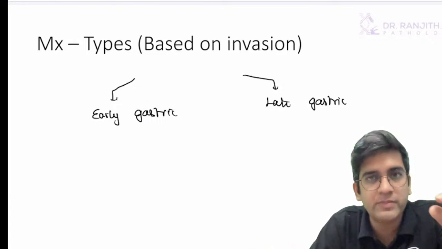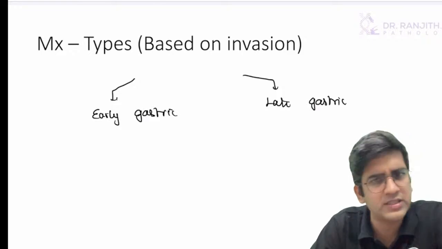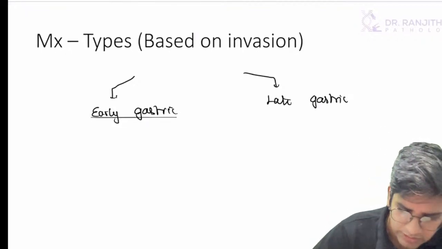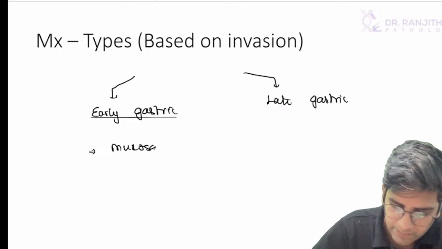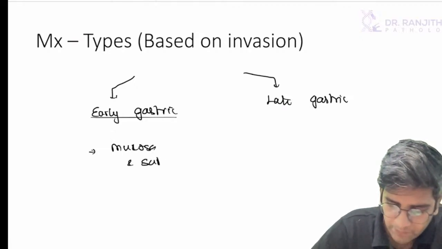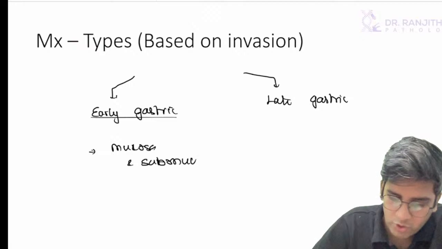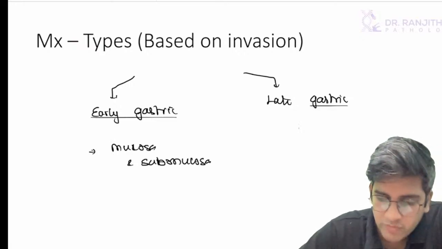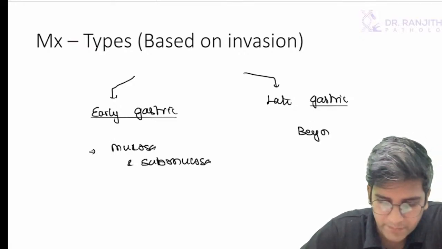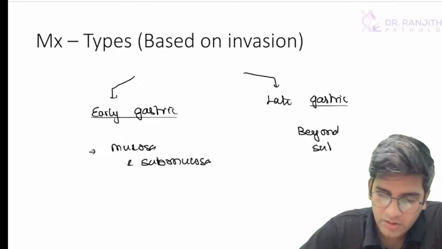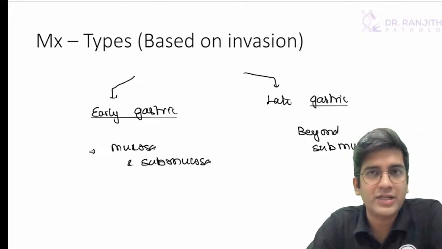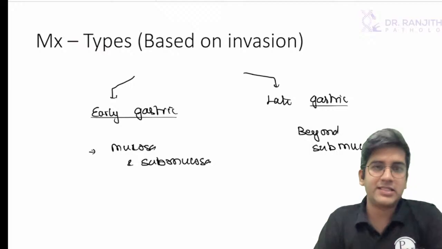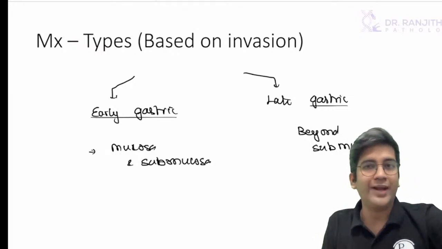If the cancer is limited to mucosa and submucosa without involving lymph nodes, sometimes it might involve lymph nodes, we call it an early gastric cancer, right? Tumor limited to mucosa and submucosa involved, we call it early gastric cancer. If the tumor is beyond the submucosa, we call it late gastric cancer, right? So we call it late gastric cancer and we call it an early gastric cancer. Again, just a way to end it, right?